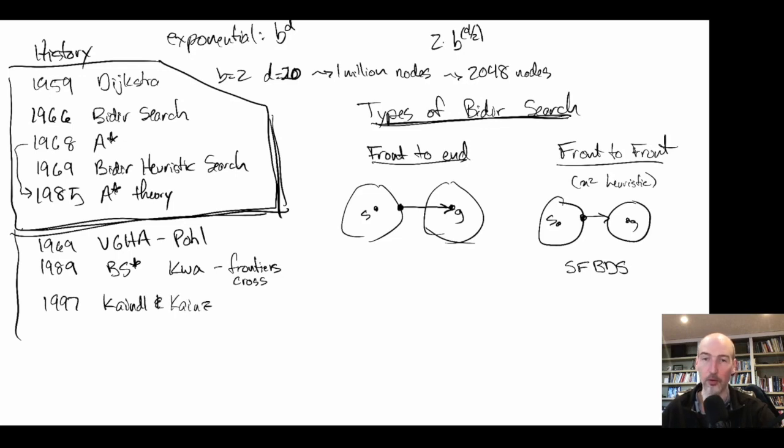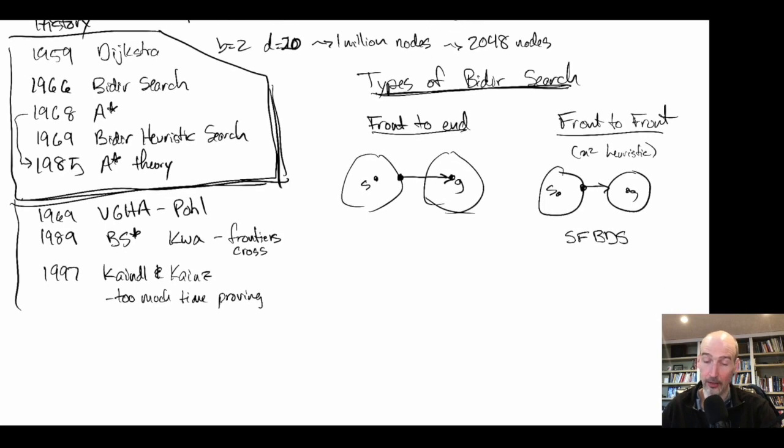And this is around the time I was doing my PhD. The explanation was, well, we're just spending too much time proving the optimal solution. So maybe we have two frontiers, they're searching, they meet very early, but then they have to do a whole bunch of work to prove that they've actually found the optimal solution. So this is sort of the operative explanation of bidirectional search and why it wasn't working well. And we have to go forward now another 18 years to